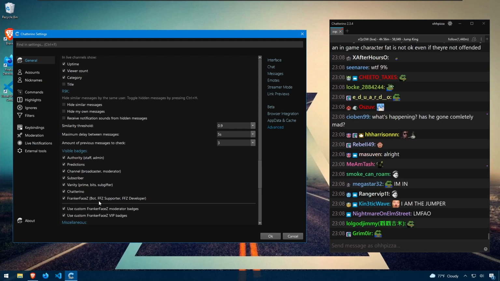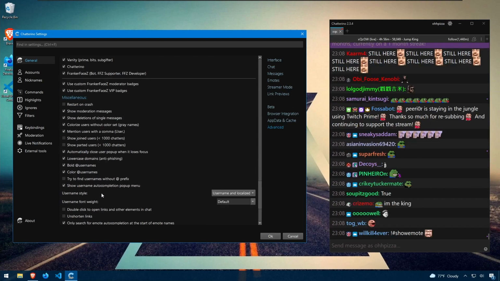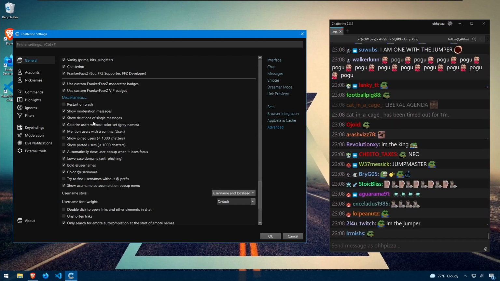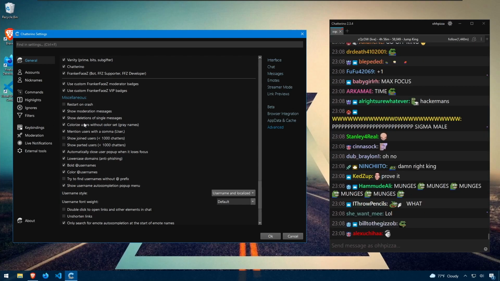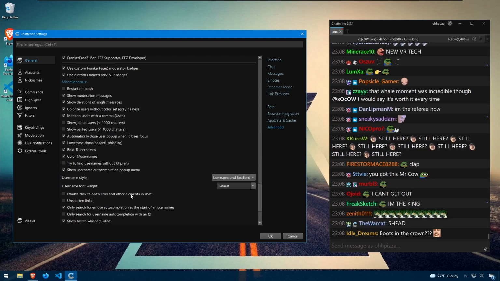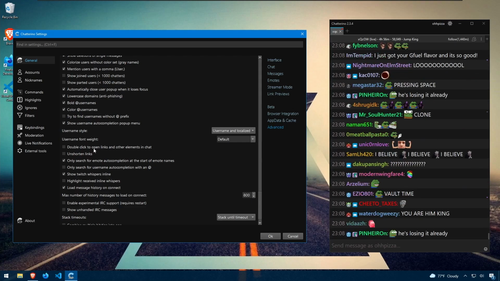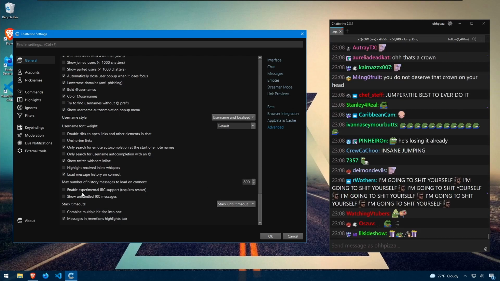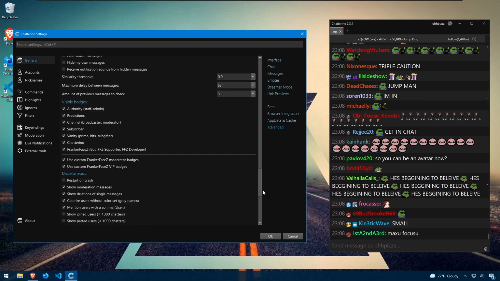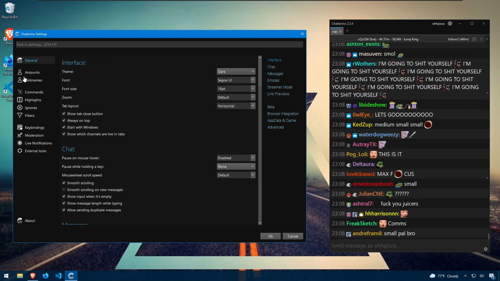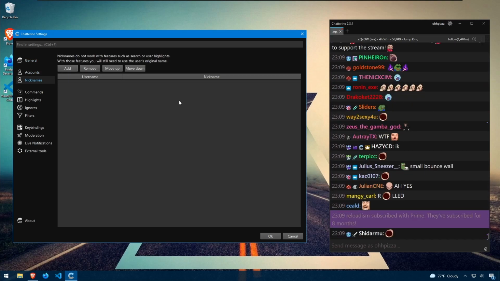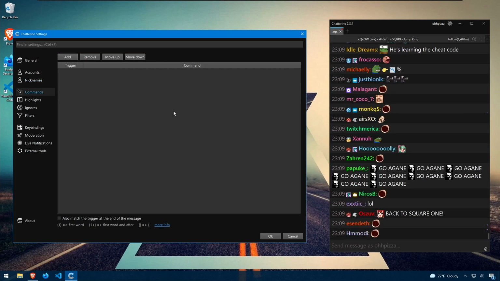Visible badges, so you can choose which badges to display, and misc options. Restart on crash, show moderator messages, show deletions of single messages, bold usernames, colored usernames. So you can just go through this and check and uncheck which options you want. I won't go through all of them because there's just so many. Let's look at accounts again. Again, you can add or remove accounts. You can nickname users in chat. You can add commands,